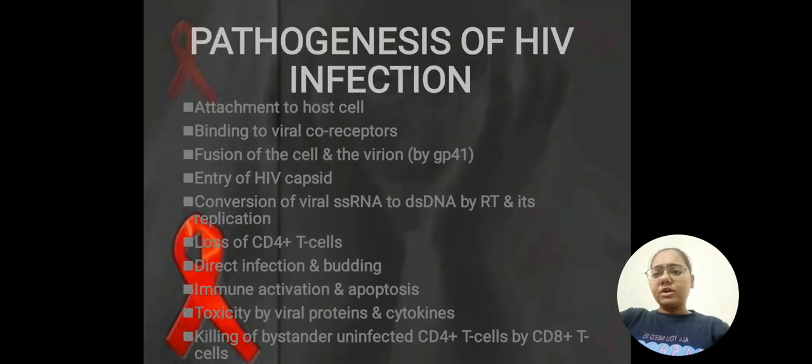Pathogenesis of HIV infection. Attachment to the host cell, binding to viral co-receptors, fusion of the cell and the virion by GP41, entry of the HIV capsid, conversion of viral ssRNA to dsDNA by RT and its replication, loss of CD4 plus T cells, direct infection and budding, immune activation and apoptosis, toxicity by viral protein and cytokines, killing of CD4 plus T cells by